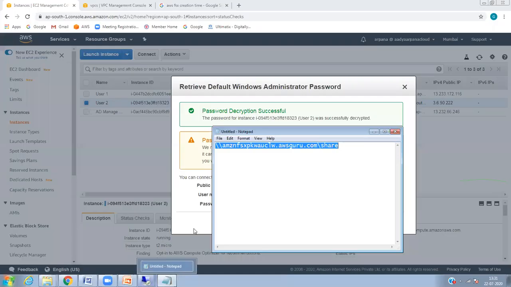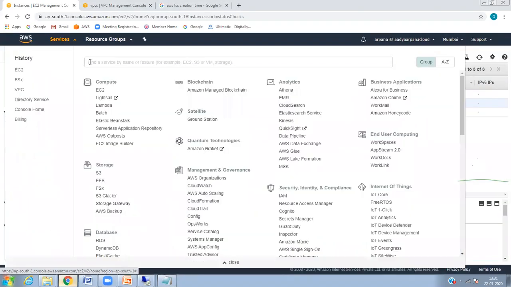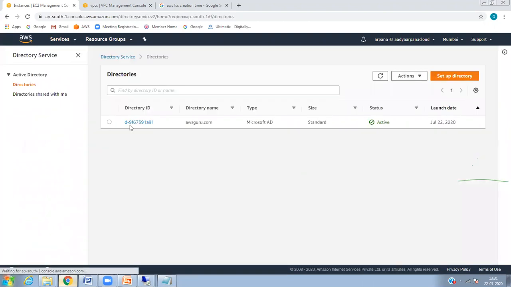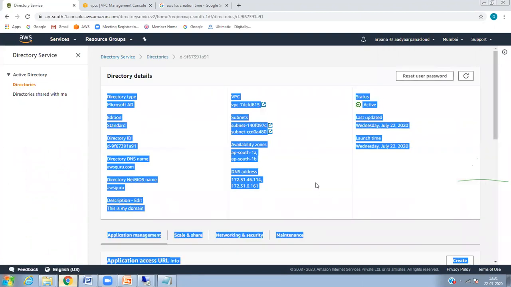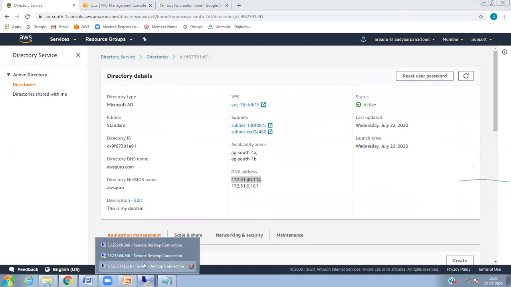Definitely, because the FSX is created using the domain, so the FSX will be attached. Correct. So we need to attach our DNS. Which one is DNS? You can attach this.